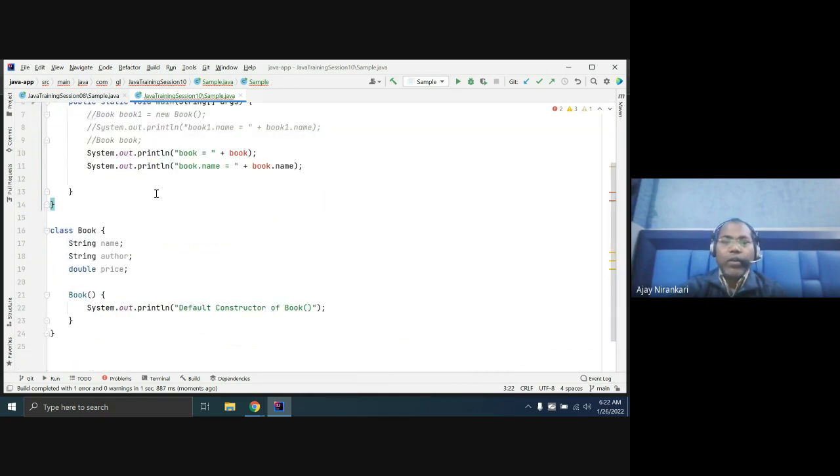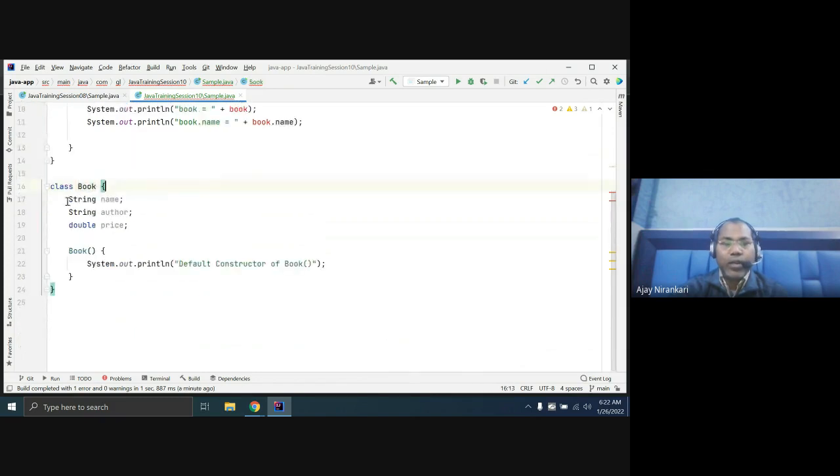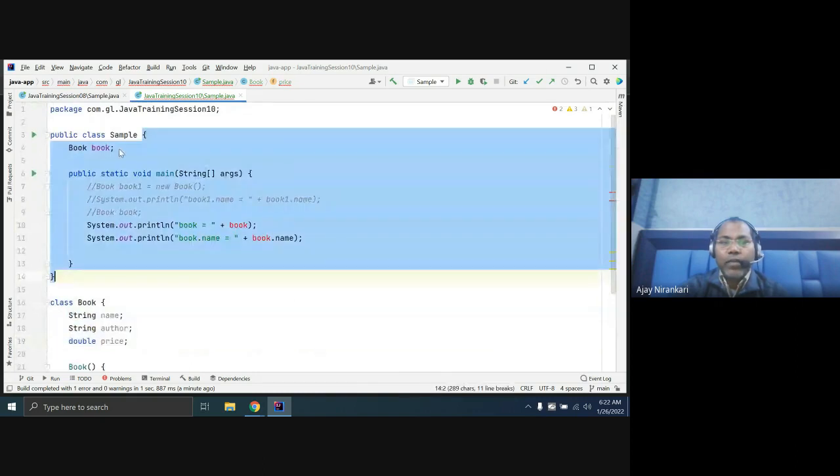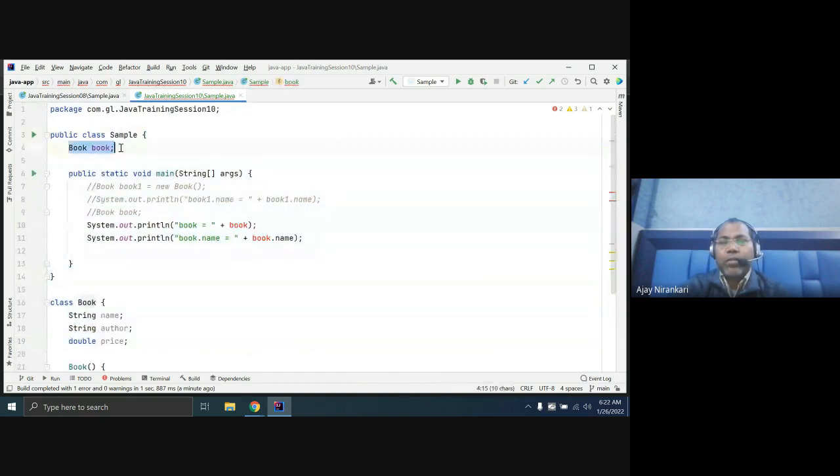Whatever fields you declare inside the class, like name, author, price, the compiler automatically assigns a default value. For string, the default value is null. For double, the default value is zero, right? So whenever you write a variable inside a class, the compiler allows a default value. So in this case, if you remove it and run it,